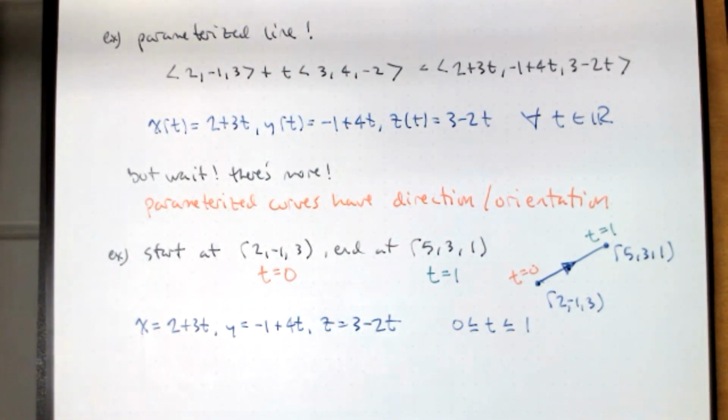When t is equal to 0, we get 2, -1, 3. When t is equal to 1, we have 2 and 3 is 5, -1 and 4 is 3, 3 minus 2 is 1. And in this one here we have starting at 2, -1, 3 and ending at 5, 3, 1. If we want to reverse the direction,